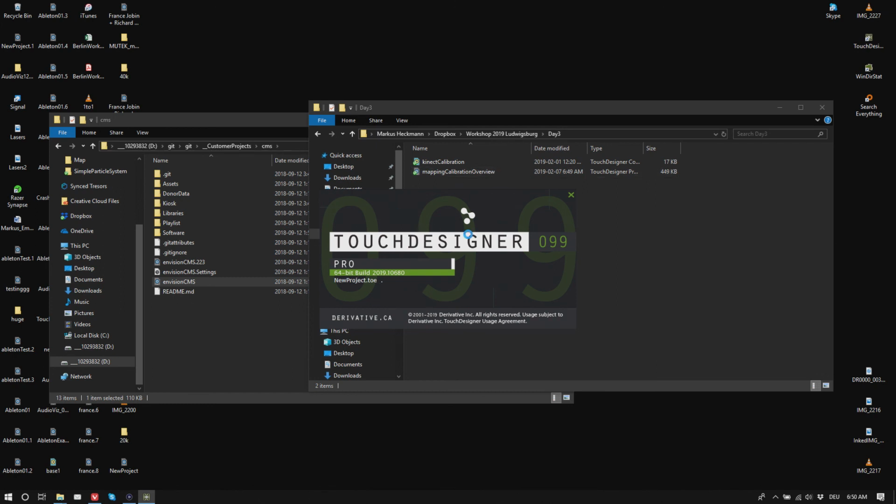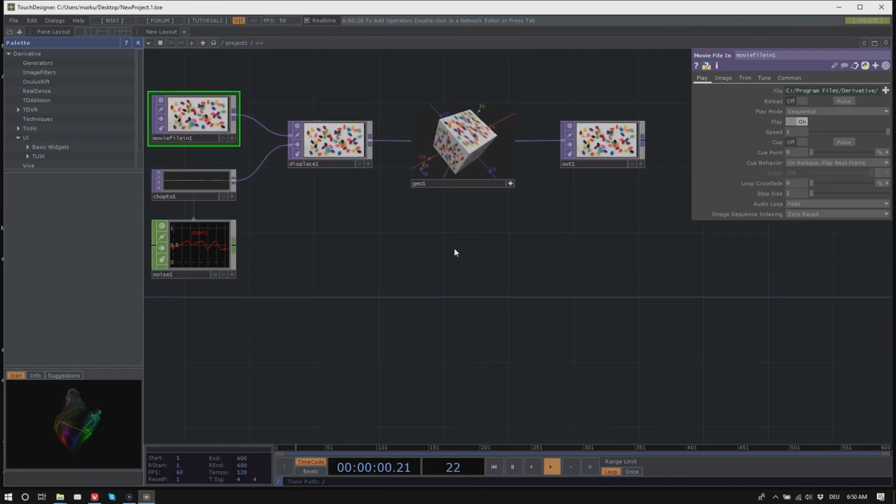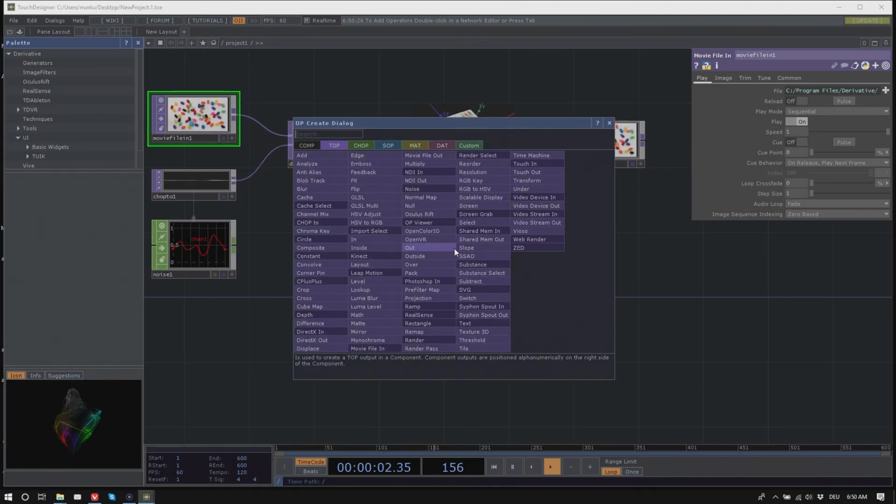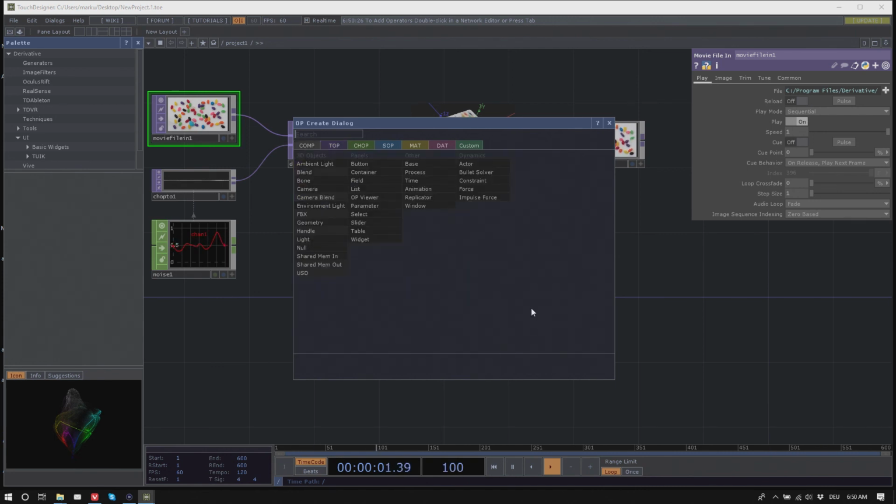What you will find in this experimental version once it loads: if you open up the upgrade dialog, it looks a little bit different, and it's going to change much more actually. The first change that you will see is that there is another column in the components, which is now titled dynamics. So you have rigid body physics with bullet in there. So it's something to play around with.